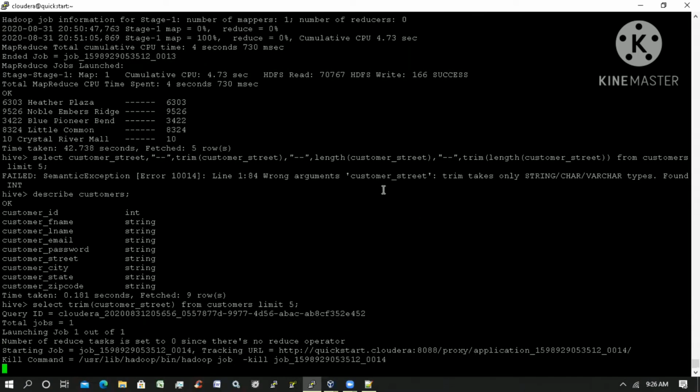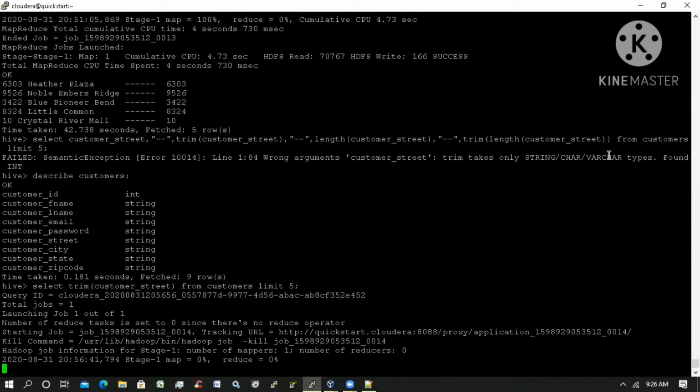Somewhere I gave it wrong here. You have used length of TRIM of length of customer underscore street. You have to use length of TRIM of customer street. Correct. Thank you. Why length of TRIM of customer?